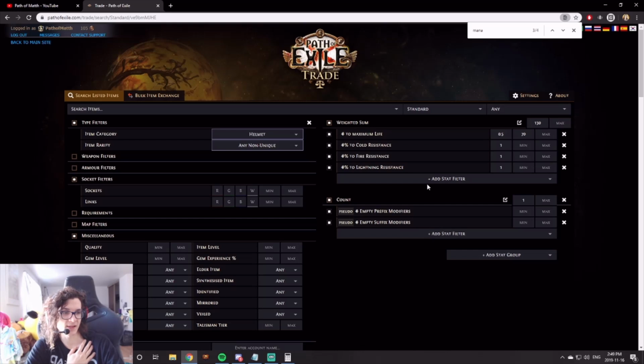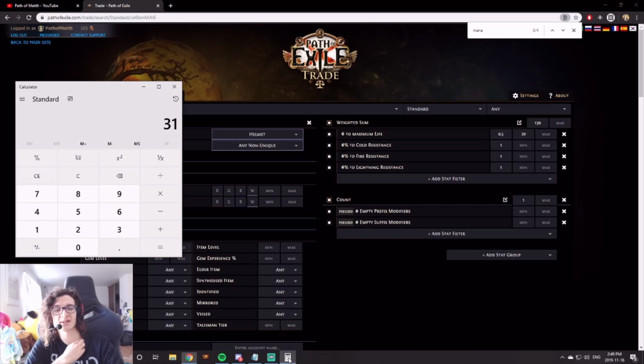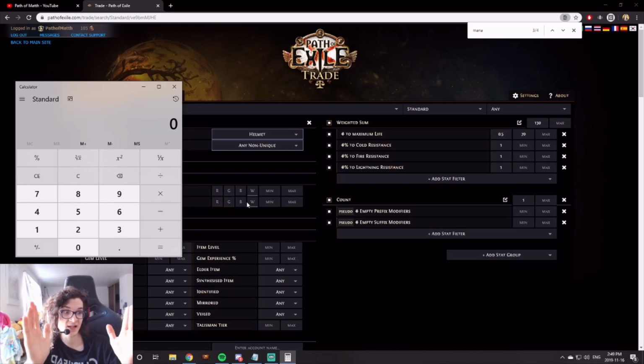All you have to know is basically how I make my weighted sum filters is that you have to bring everything to the same value. So, for example, life can roll up to pretty much 70 for most items, 80 even for some items, and for chest pieces it's even more. So you have to consider that when, let's say, you wanted to weight life versus weighting something like attack speed on a ring. Attack speed rolls from like 5 to 7 instead of basically, let's say, 80 for the minimum